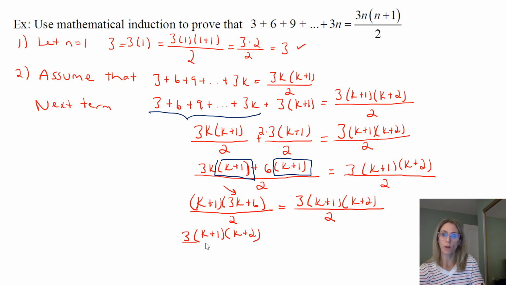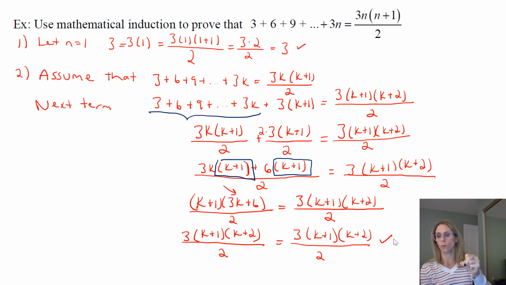You can probably see why I'm doing it that way, so that I have it look exactly the same as the right-hand side. With properties of multiplication, it doesn't really matter if I have them in a different order, but it's nice to show that the left-hand side is exactly the right-hand side. So check, check, that is true, and that is great. So now we can say this formula, because we have now shown what we need to show, is true